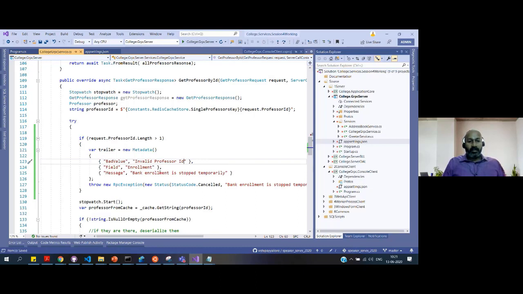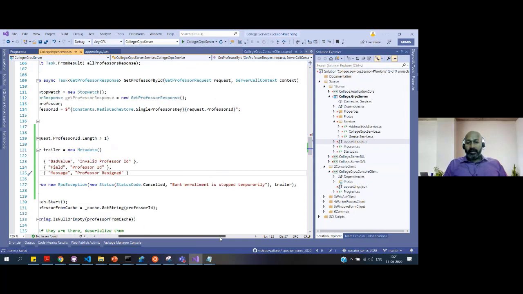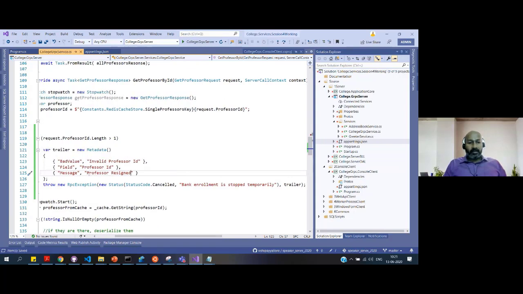Invalid professor ID. Okay, field is professor ID. Message is this professor has resigned, or this professor is not working with our organization or something like that. Okay, and we can tell that professor resigned. That's professor